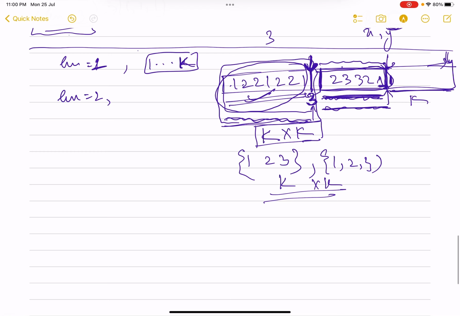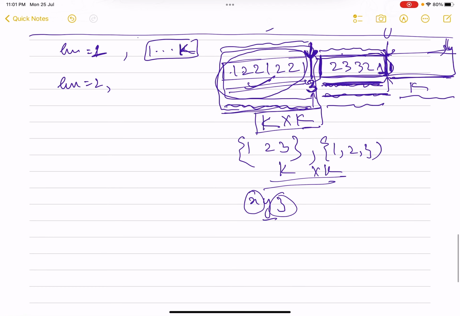So what I will do, I'll have 3 positions, x, y, z. For x I can take any number from here, for y I can take any number from here, and for z I can take any number from here, right? So this means I'll be able to make all the sequences of length equals to 3 as well. That means till 3 my condition is satisfied. Now my answer cannot be 3, the minimum answer I can have is 4, because that will not satisfy the condition. Till 3 everything is satisfied, right?